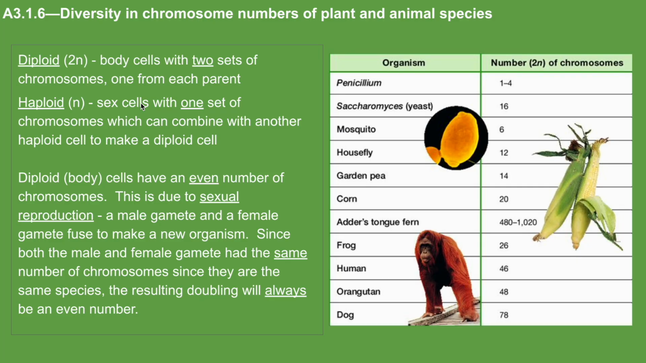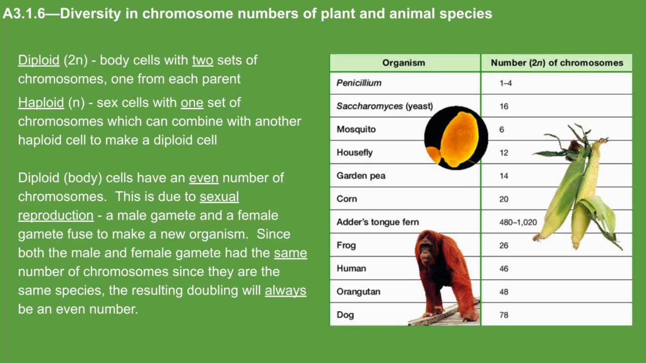A male gamete and a female gamete fuse to make a new organism. And since both the male and female gamete had the same number of chromosomes, since they're the same species, the resulting doubling will always be an even number. Any number you double will always then be an even number. Okay, so you can see here humans with our 46 chromosomes, and it's interesting to compare the number of chromosomes